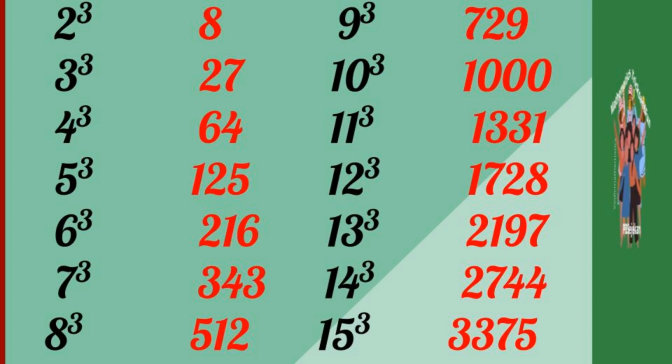So, to find the cube roots quickly, we should have working knowledge of the cubes of at least the unit digits. Now let us recollect them again. Cube of 1 is 1, cube of 2 is 8, cube of 3 is 27, cube of 4 is 64, cube of 5 is 125, cube of 6 is 216, cube of 7 is 343, cube of 8 is 512, cube of 9 is 729, cube of 10 is 1000.